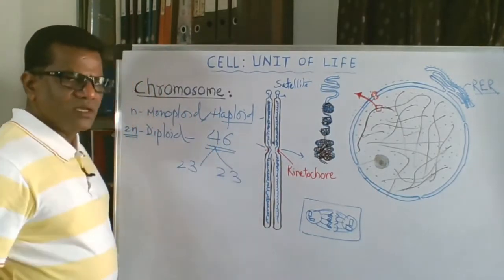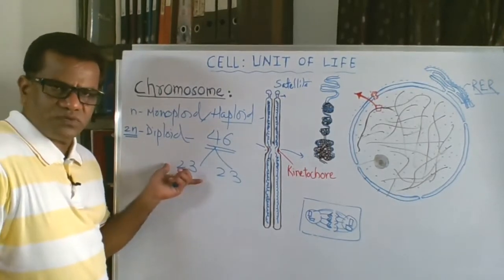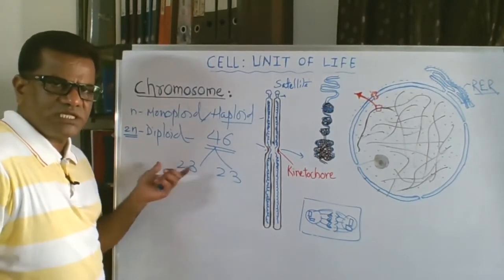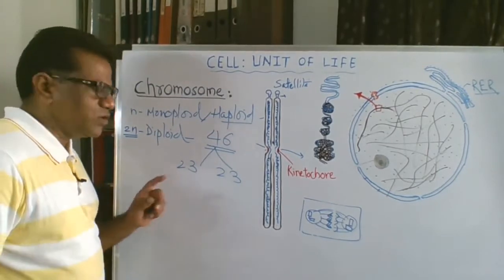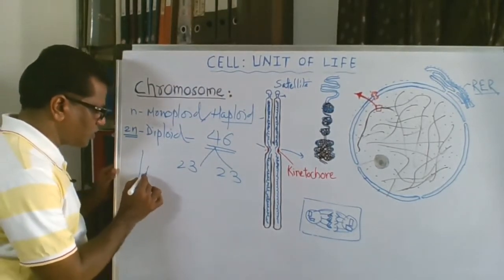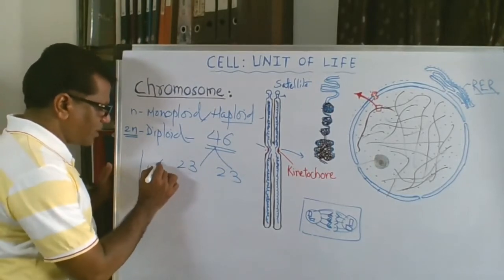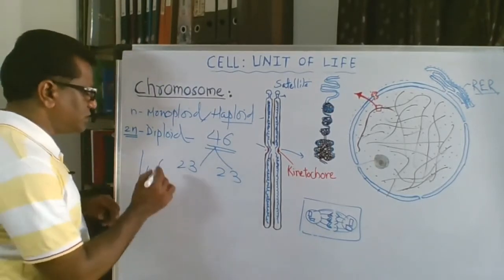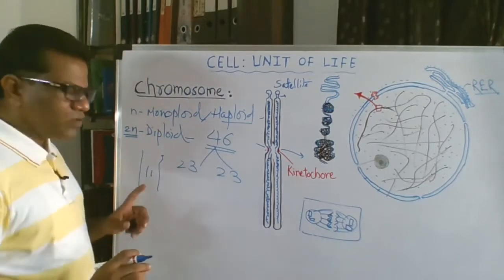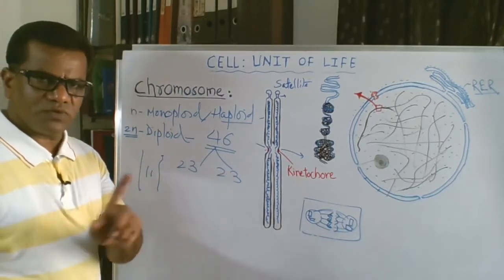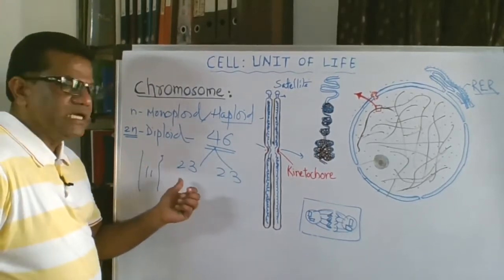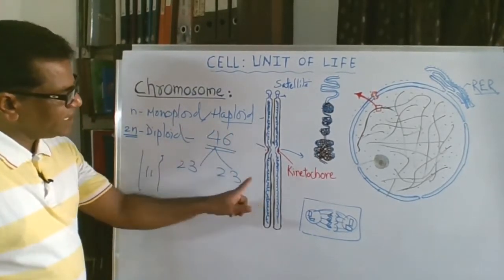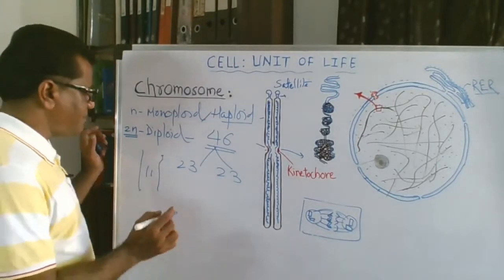If 46 chromosomes are present in human beings, they form two sets, 23 plus 23. Now these 23 chromosomes which form one set differ from one another. One is longer, one is shorter, again smaller, again longer, with satellites, etc. So there are 23 different, individual chromosomes, and the remaining 23 are the exact pairs.